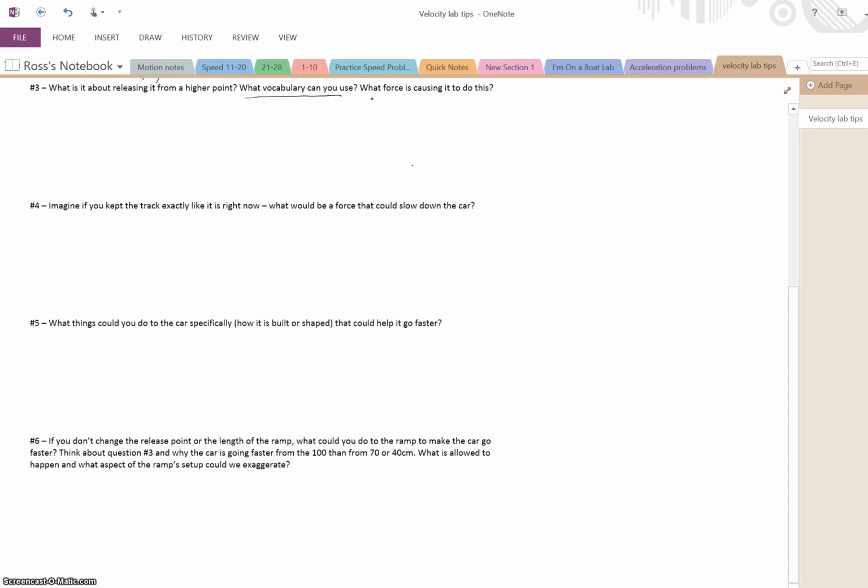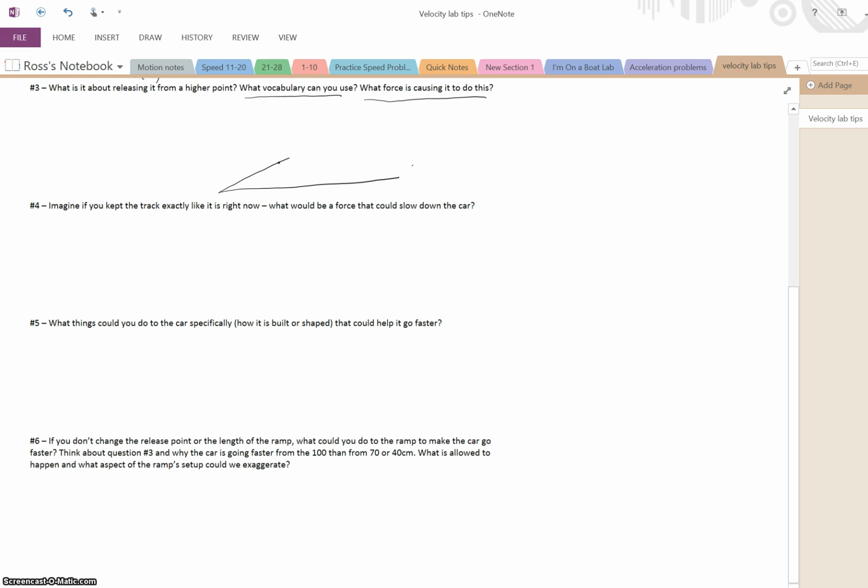And then also another question, we haven't talked about forces yet, but what force is causing the cart to move, right? So if you think about all these things in conjunction, the vocabulary that we're learning in class, but also a specific force that would be causing the cart to move in the first place, now we're starting to see that by releasing it from,